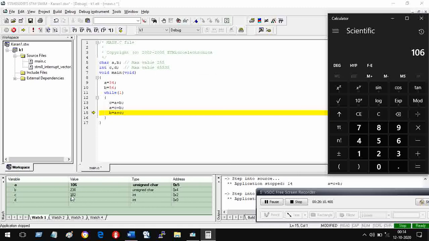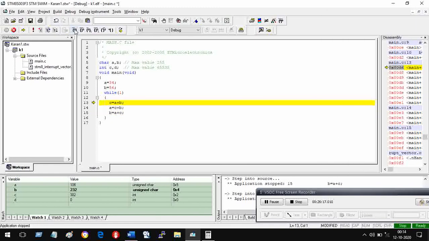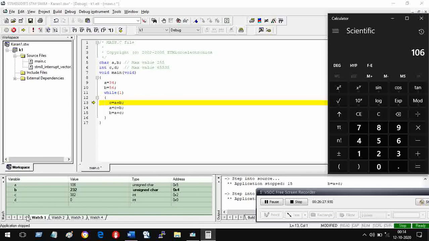But right now let us see next, B is equal to A plus C. Now B is 232. A plus C: 106 plus C was 382. So what would be the value? Let us see. Value of B, how it is 232, that you want to check.